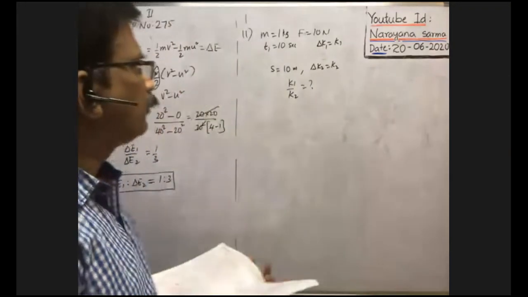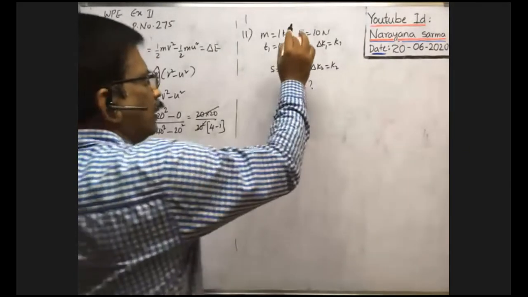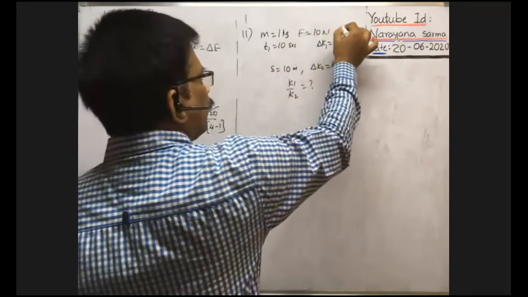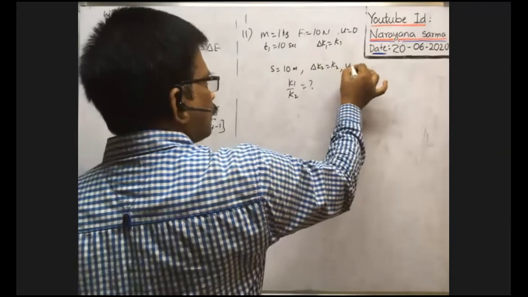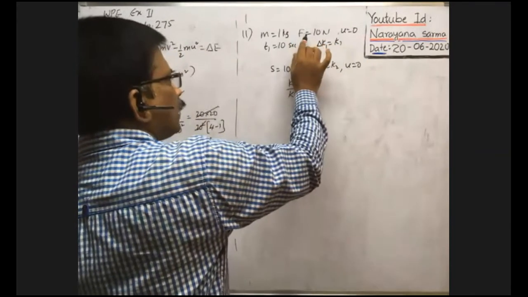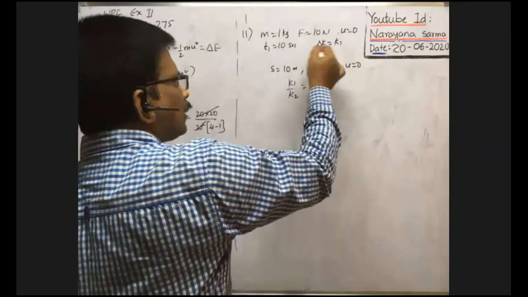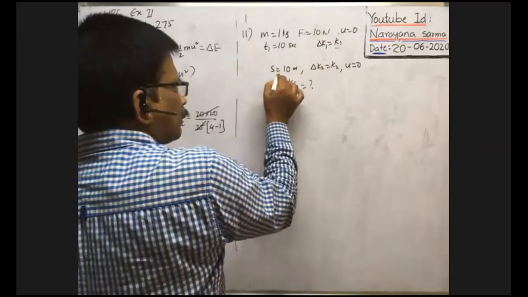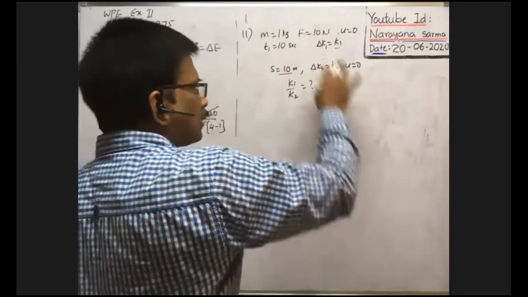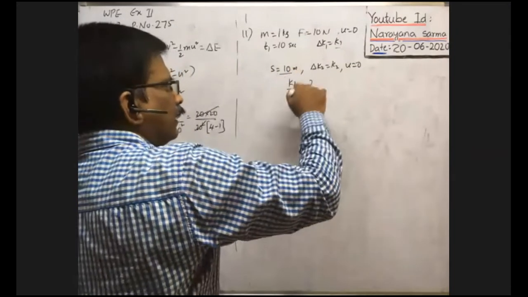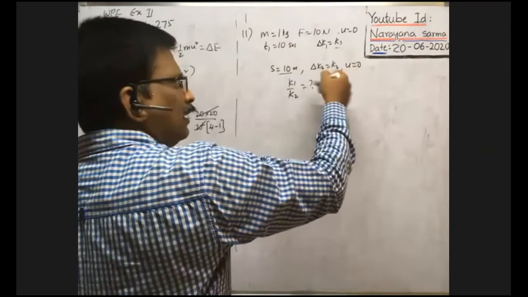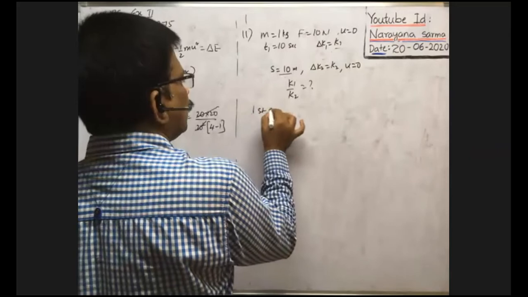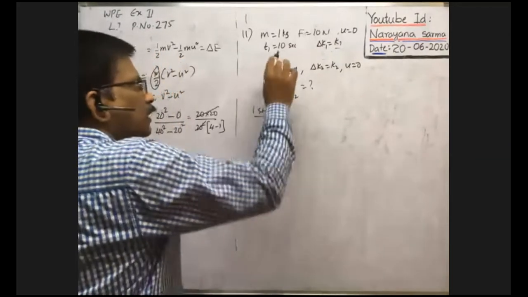Right. Now, you see, in first case, the force acts on a body for a time t equal to 10 seconds. Initial velocity is 0. Here also initial velocity is 0. Whenever the force is applied on a body for a time, what is the change in kinetic energy? That change in kinetic energy is K1. When the same force is applied on a body for a distance 10 meter, the same force continues to act on the body up to 10 meter distance. Then what is the kinetic energy acquired? In the second case also, the body is initially at rest. In first case, time is given, force is given.